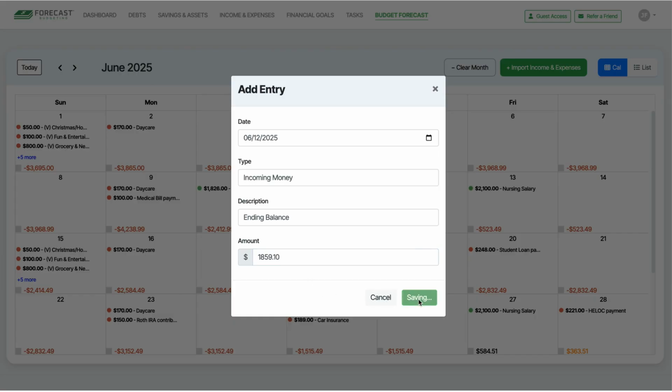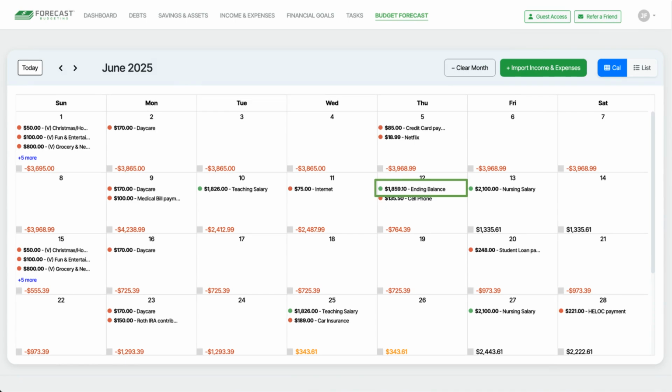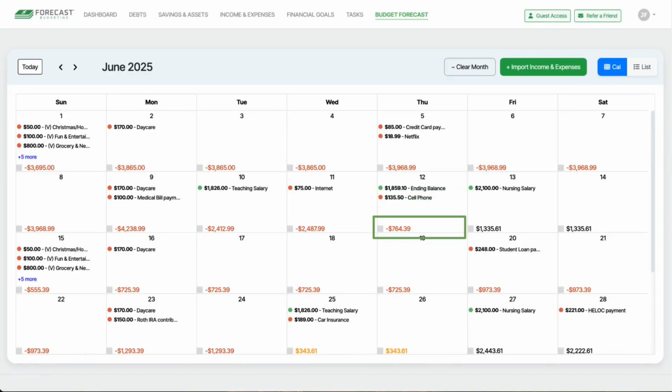Then we'll click Save, and our ending balance entry will be on the calendar. The next thing we have to do is get the daily balance at the bottom of June 12th to be the same as the ending balance of our main checking account on the 12th. Once they match, our calendar and our main checking account will be aligned, and we'll have an accurate starting point